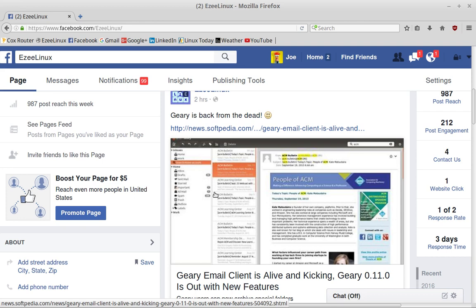Well, it seems the developer of Geary has come out of hiding and released a new version this morning, so Geary is alive again. So if you guys out there who really like Geary Mail switched to Thunderbird because I said it was dead, well, you can go back to Geary if you want to. He just released a new version, and of course it's in the repositories for most Linux distributions. You may get an older version, but I didn't have too much trouble with the older versions. My problem was that if it wasn't going to get security updates, then I wasn't interested in it. So that's just an interesting little sidebar there to add in.